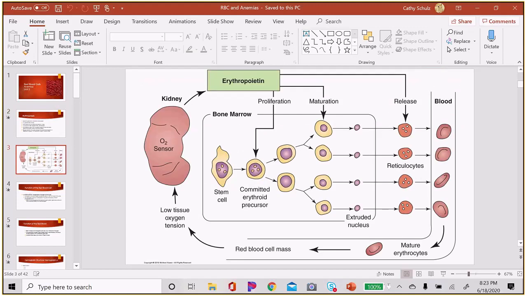So what this is showing you, although it's a very strange picture of a kidney, is the usual balance, except in those bursts or times where we need extra red blood cells because of growth and development: there's a constant production of red blood cells. If for some reason the kidney senses hypoxia, or less oxygen concentration in the blood, the kidney will release a growth factor called erythropoietin. So there's that original stem cell, that pluripotent adult stem cell in the bone marrow